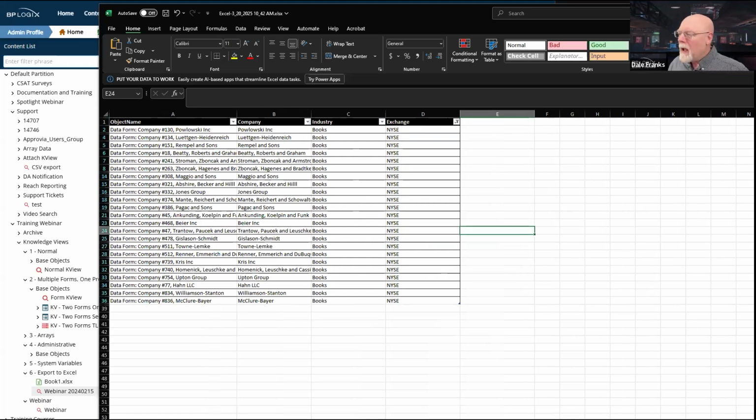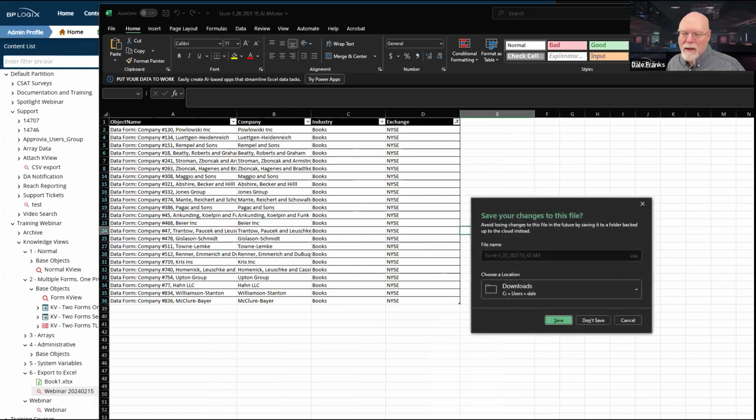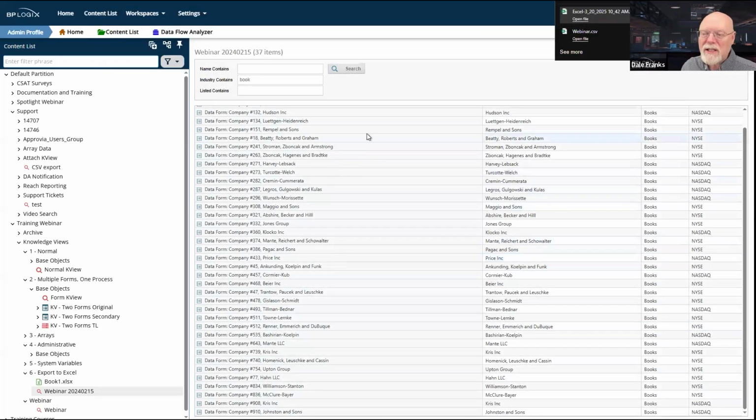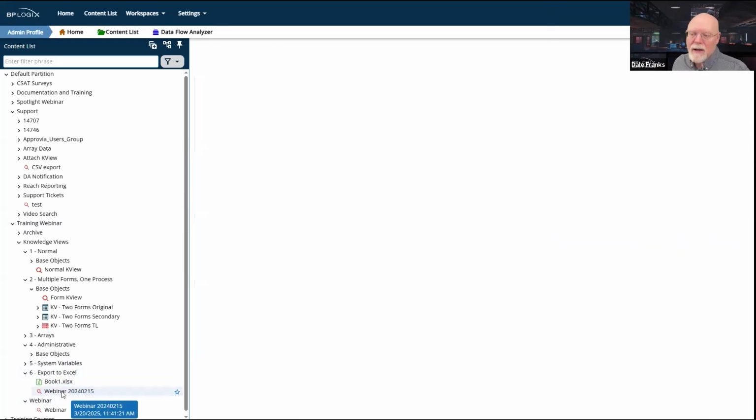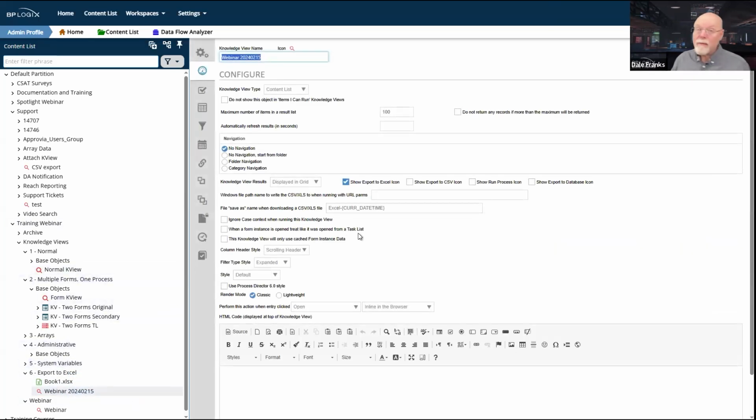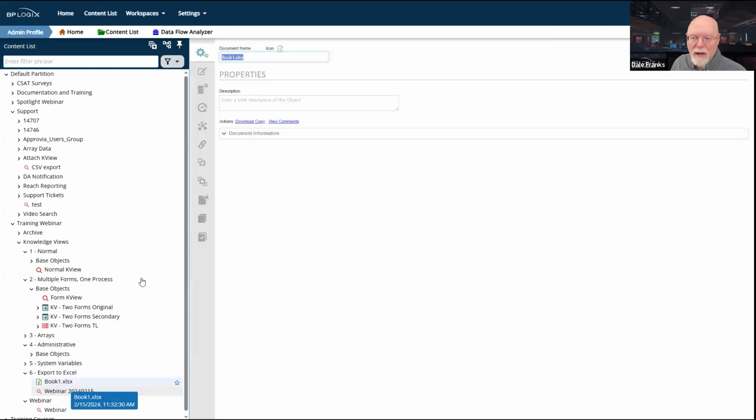Now, I've got to do a little extra work to make this work because this is an Excel file. And I've got to be able to get this data into Excel. And Excel has some particular requirements that CSV doesn't, right? CSV is just a universal file format. We can export anything in CSV. But if I export it in Excel, there's some hoops that I'm going to have to jump through to make this knowledge view work. And the first thing I'm going to need is a template that is built in Excel, which is this template right here,